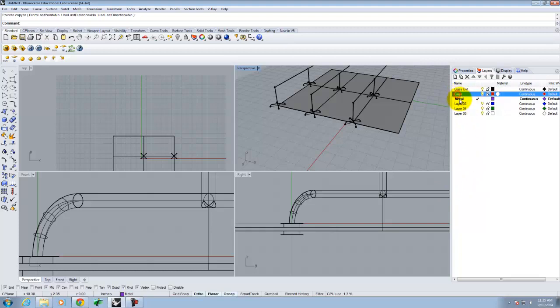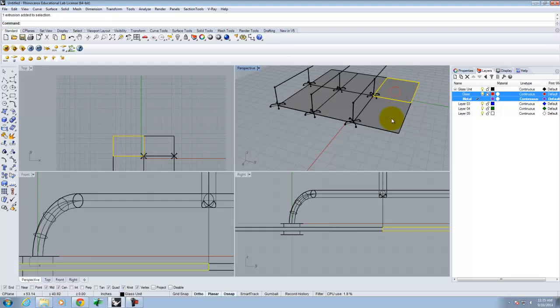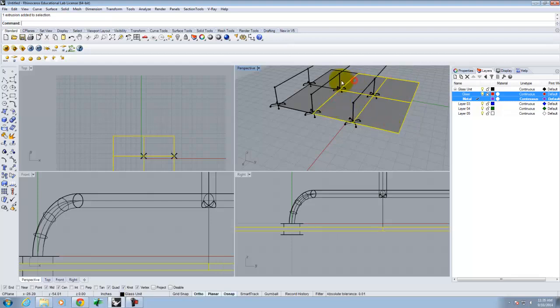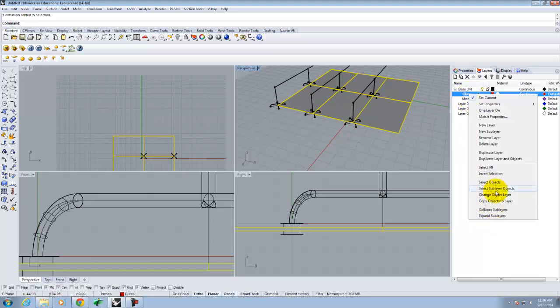I'm also going to make these two layers, and I held down shift to select them both. I'm going to make them sub-layers of the glass unit. So I'm just going to drag them on top of the glass unit layer, and they become sub-layers. And so I'm going to select each of the glass panels and make sure that they go on the glass layer. So I'll right click and say apply or change object layer,